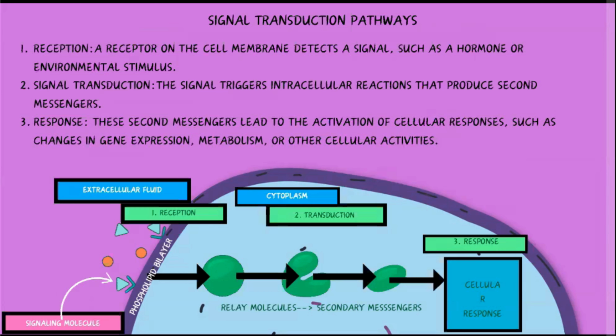Please note that we covered this in section 4.2, and just a brief reminder, there are 3 steps for the signal transduction pathway. Remember, you have the signaling molecule that attaches to the associated receptor, just like we saw with insulin attaching to its appropriate receptor, which is located outside the cell